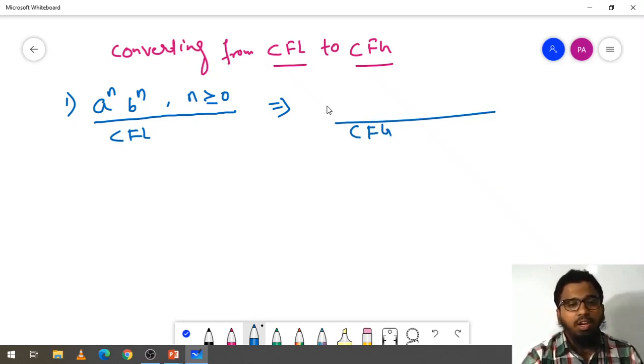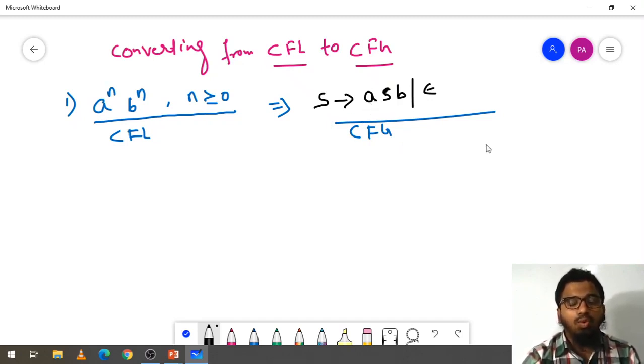Okay, what does it mean? The meaning of this, a power n, b power n: how many a's are there in the grammar, that many b's should be there. Like for example, if a's are 2, so definitely b's should be 2 only. So how to make the grammar? Grammar is like S to small a S b, and here we need to write epsilon. Okay, so what is this? How can we say this is a correct grammar?